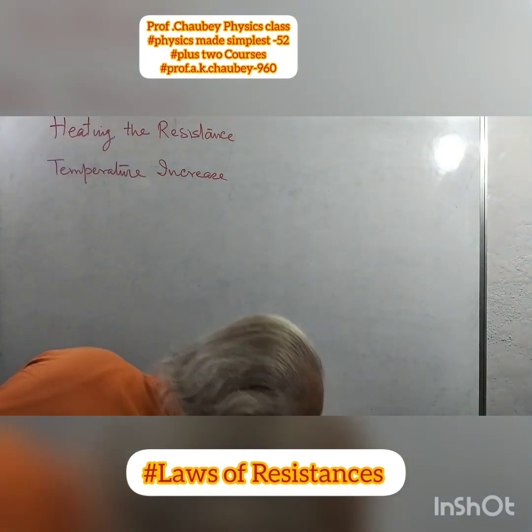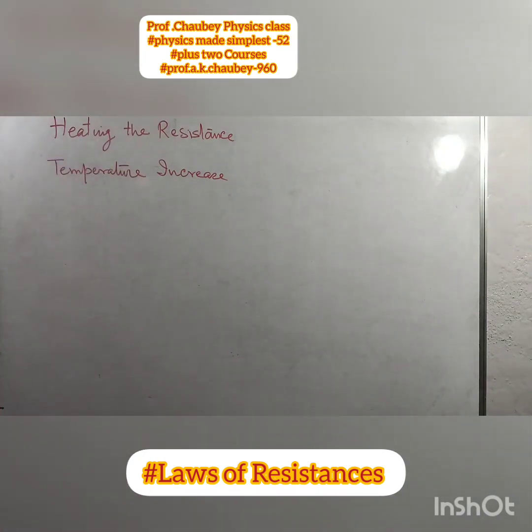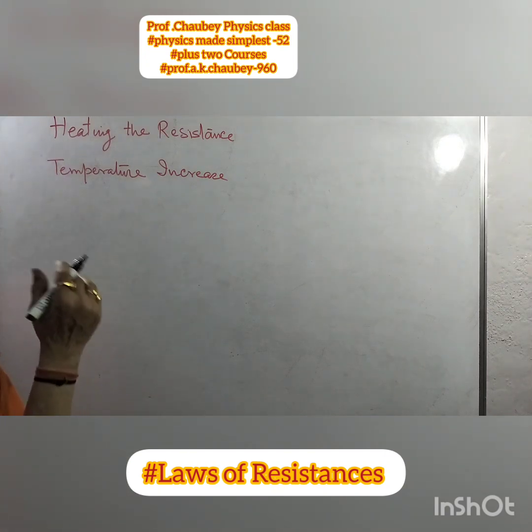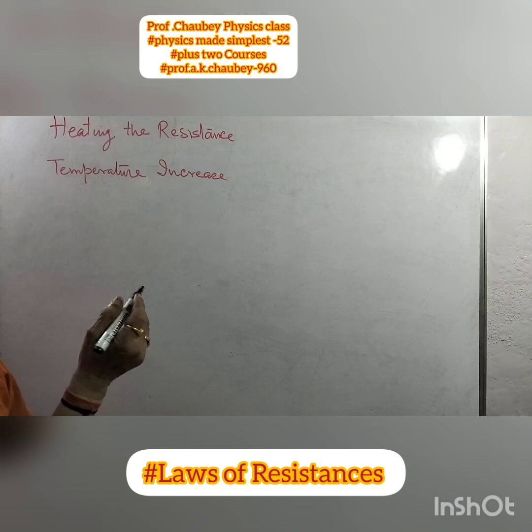Just like the linear expansion of a metal with heat, at the same time if a resistance wire is heated and its temperature increases, its resistance increases. And we define it, just like we have linear expansion in heat, here also for resistance: